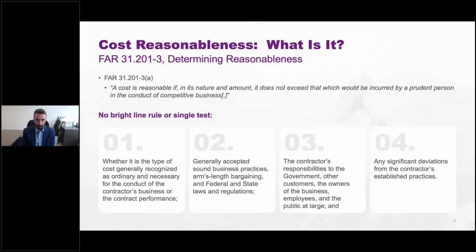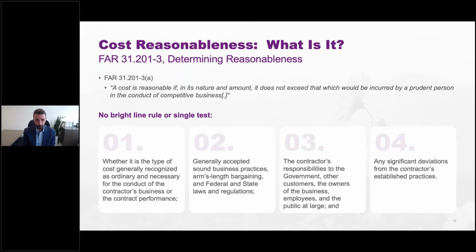So when we're talking about costs, we're talking about allowable costs, okay? Cost allowability is a concept set out in FAR Part 31, and it has several components, okay? Costs need to be allowable under the principles. They need to be consistent with contract terms. They need to be allocable to the terminated contract. That means fairly assignable to the terminated contract. They also need to be what we call reasonable.